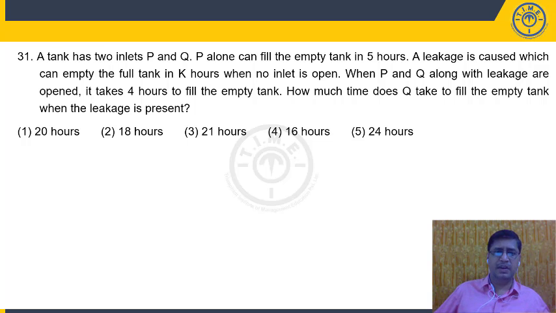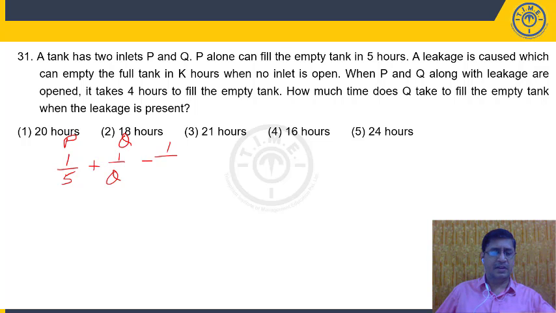My dear students, P can fill the tank in 5 hours means in 1 hour it can fill 1 by 5. This is the P. Q is not given, so I am taking Q as 1 by Q. The leakage pipe can empty in K hours. So when all these 3 are open together, it takes 4 hours, that is 1 by 4. So what we need to find is when Q and the leakage pipe are working, then what is the time: 1 by Q minus 1 by K